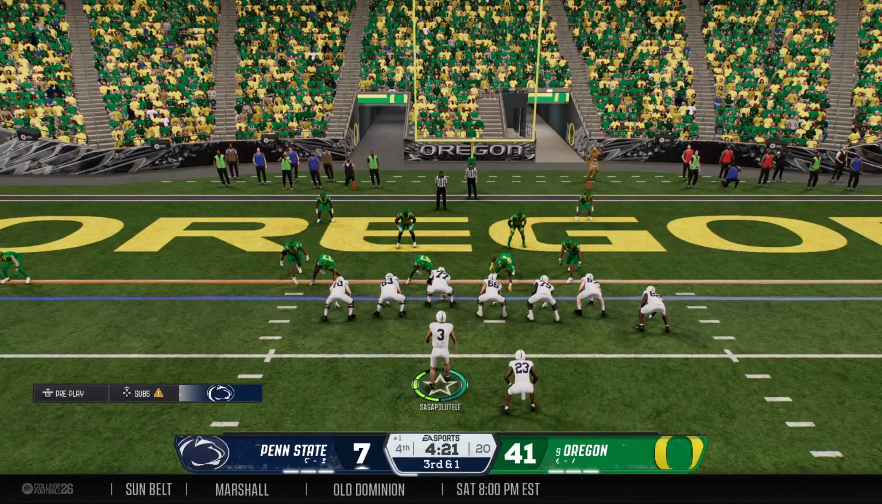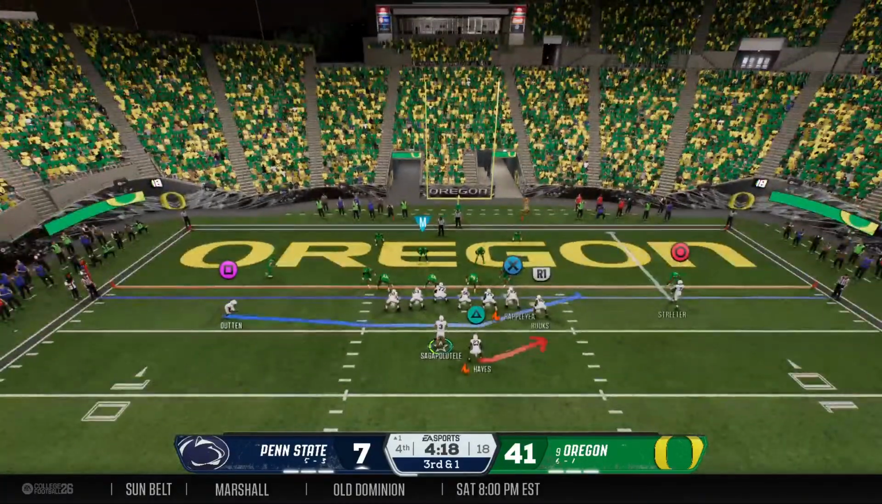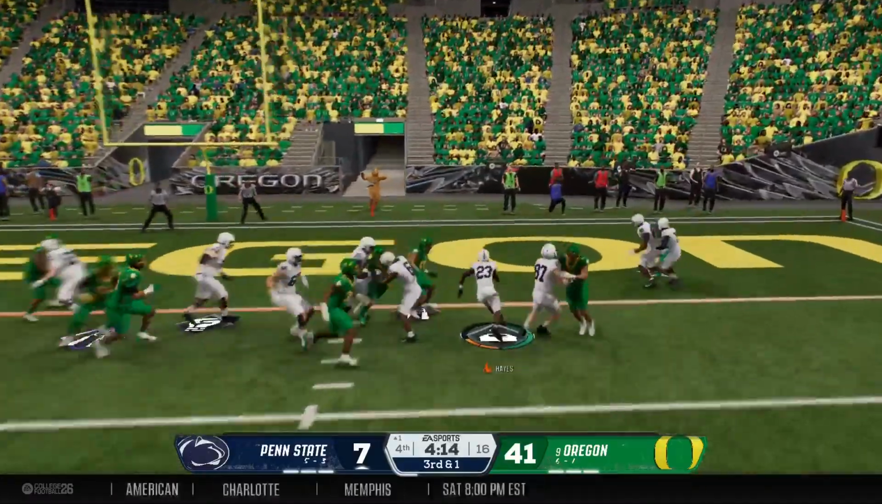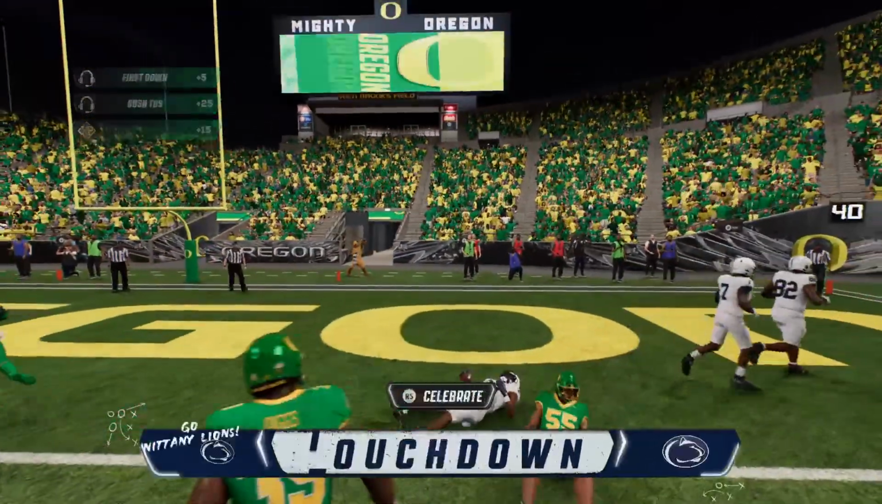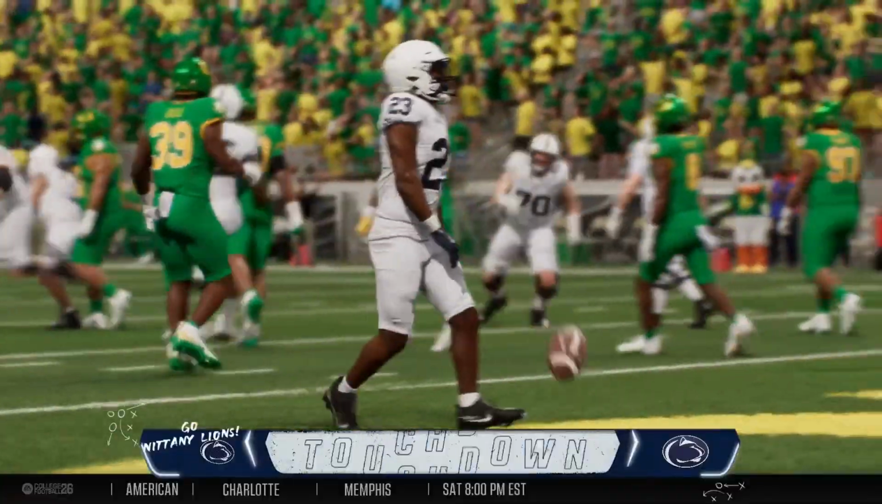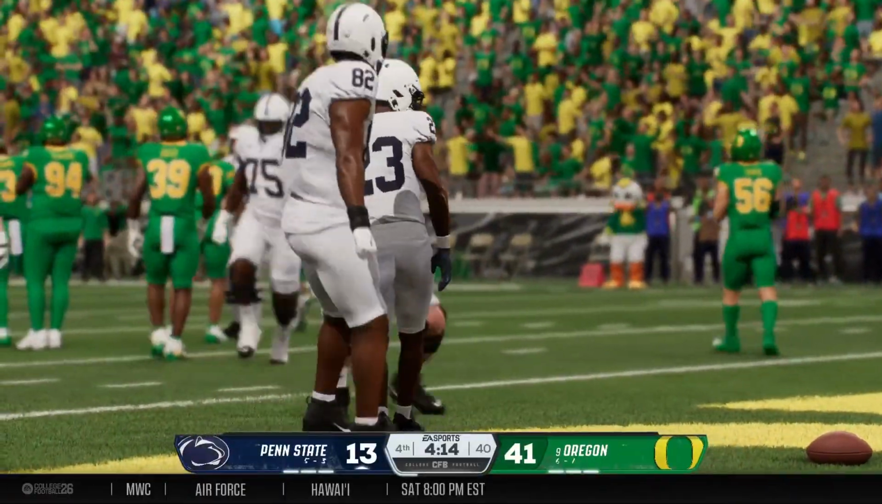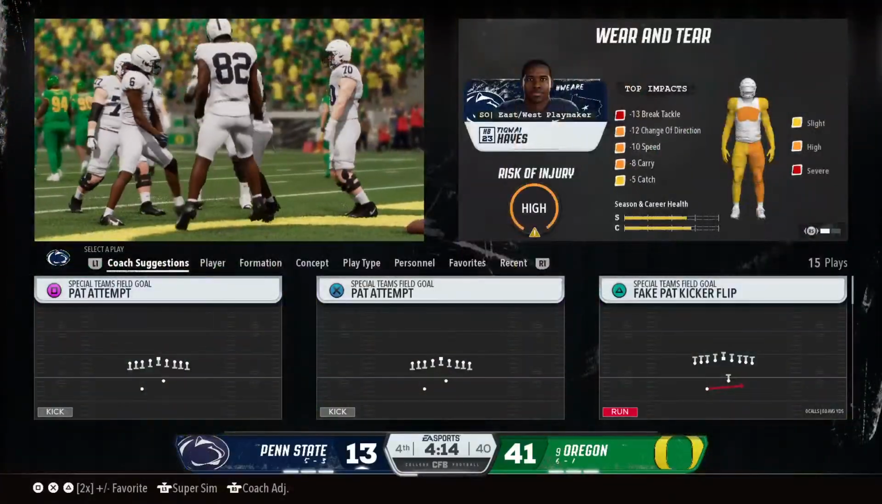A big 3rd down in the red zone. Try to get it to the edge. And he takes it in for the score. Touchdown, Penn State! This game is almost certainly decided already, but the good news is for the next game, guys